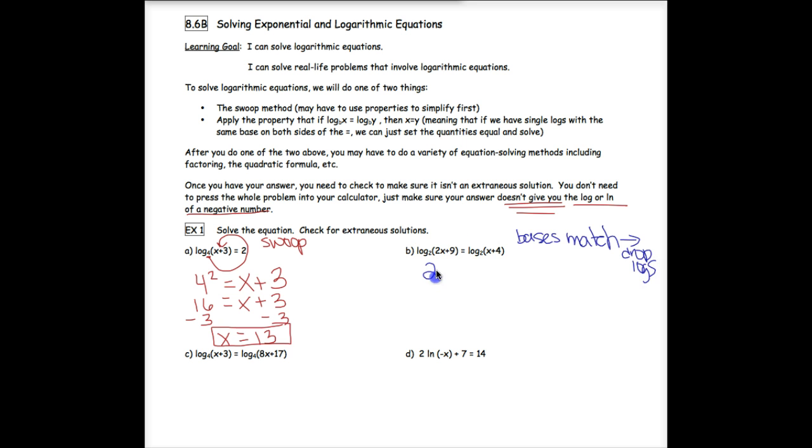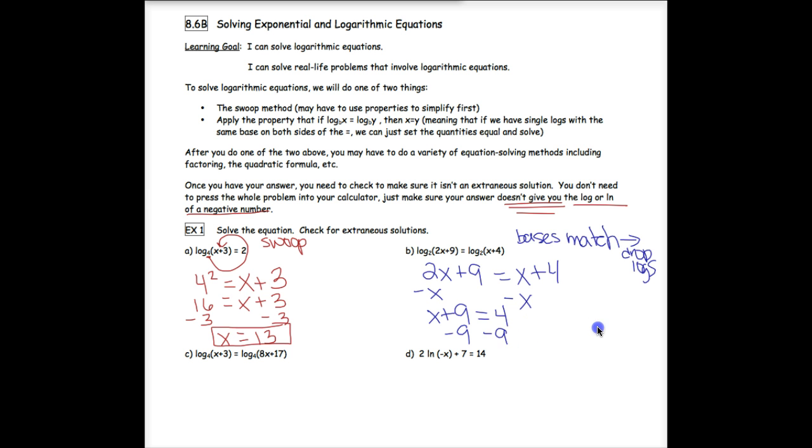So that just leaves us with 2x plus 9 equals x plus 4. Again, very easy equation to solve. So I need to get my x's to one side, my numbers to the other. So subtract x, subtract x. So that gives me x plus 9 equals 4. So subtract 9,